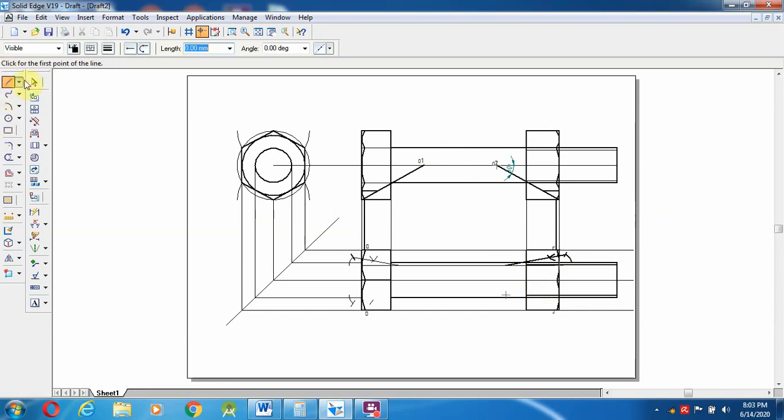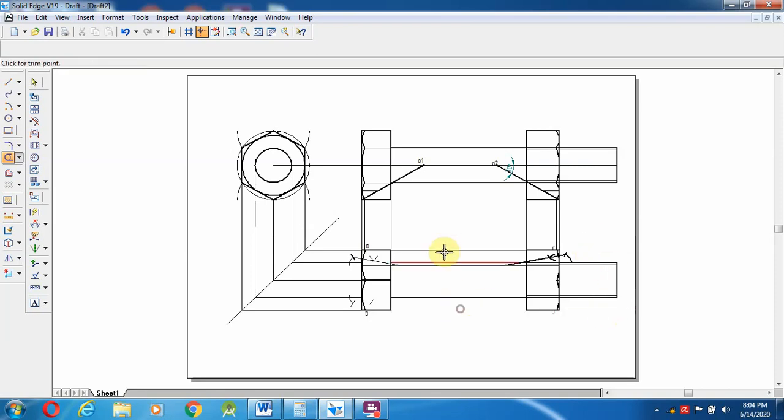So that's it. Then go to here, select this line as well as this line, go over here, change it as a 0.13 mm line. Okay, then this is the line I'm going to trim. Why? Because this is the axis line, so it is not specified over here, and these lines are also not required over here.